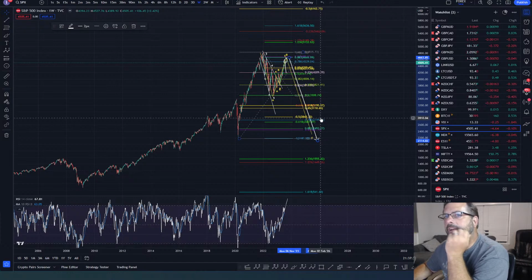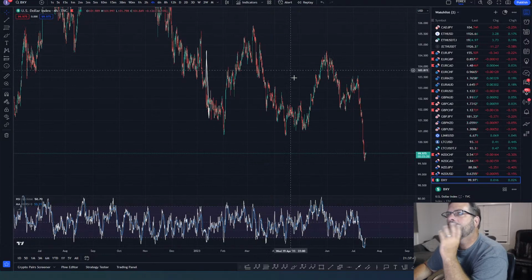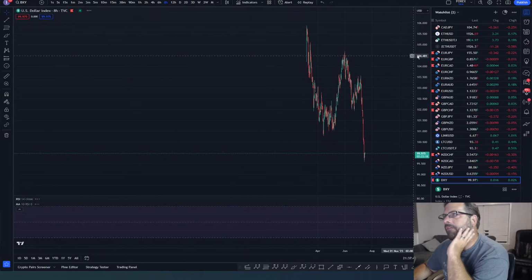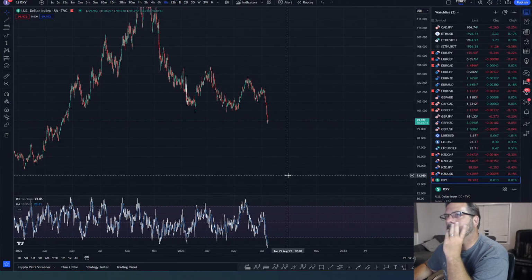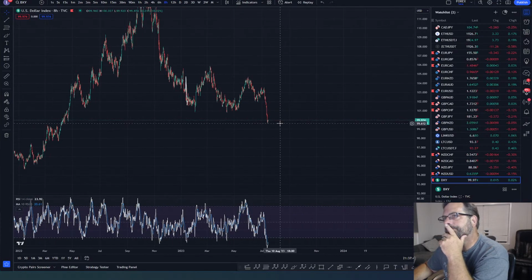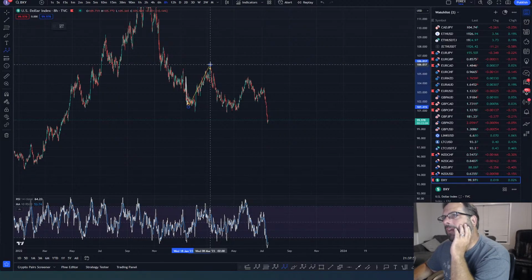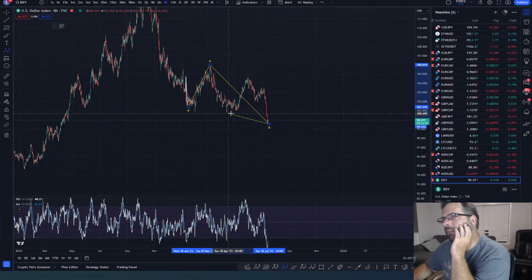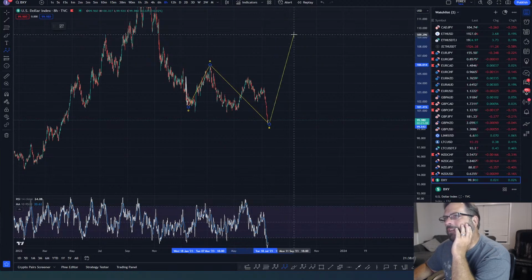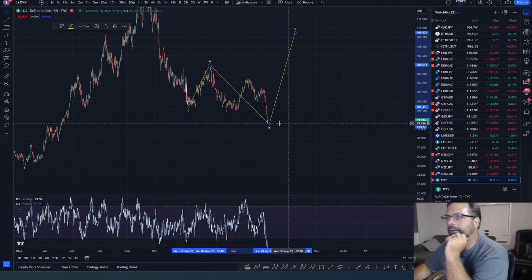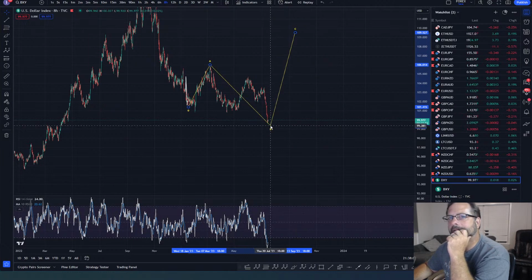Okay, let's look at gold. The DXY, again, remember what I was saying about the DXY? Watch out here because this could be a flat. Okay, so watch out right here. You've got an A wave right there. You got a potential B wave. That's a WXY. And then watch out for that C wave on the DXY. Okay.